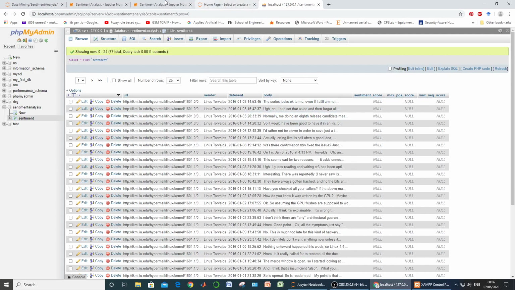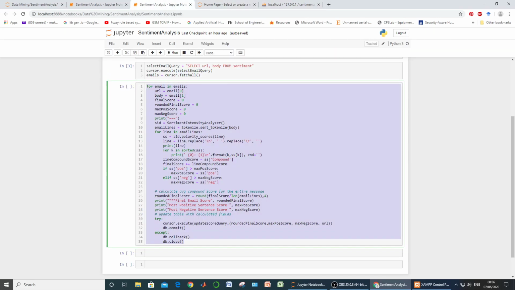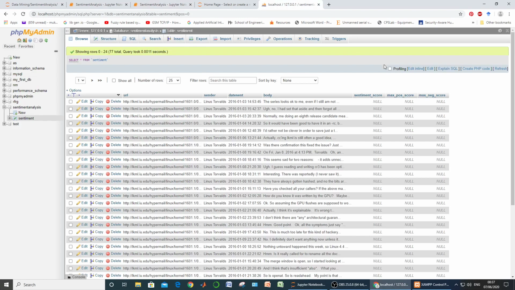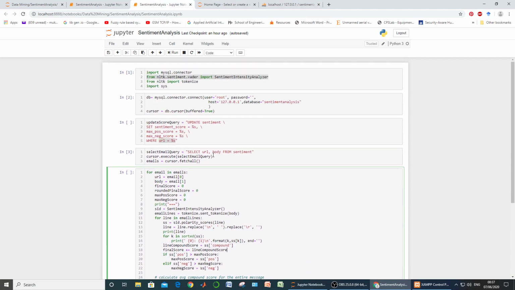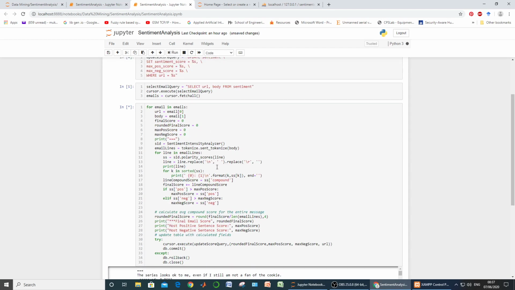So if we execute this block of code, the end result is going to be the updating of these three values corresponding to each of these emails. So let us execute this, then this one, then this one.